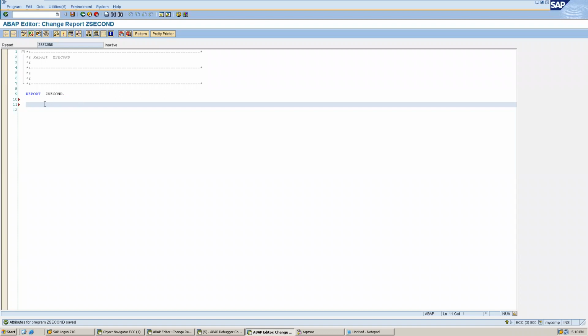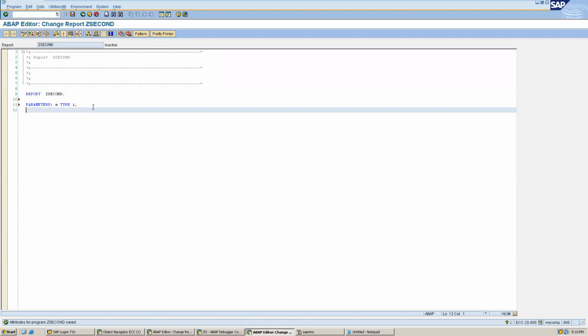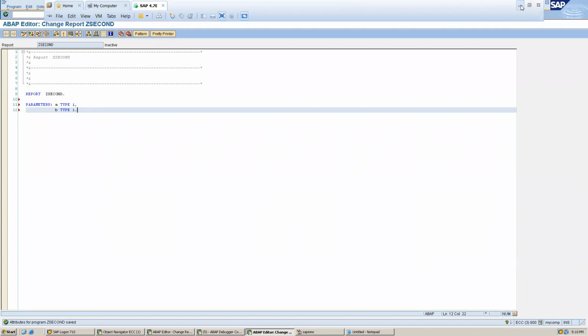Let's start to write parameters, as we want to take two inputs. For example, A type I, and instead of creating parameters on multiple lines, we can use this keyword and write B type I. One minute, guys.